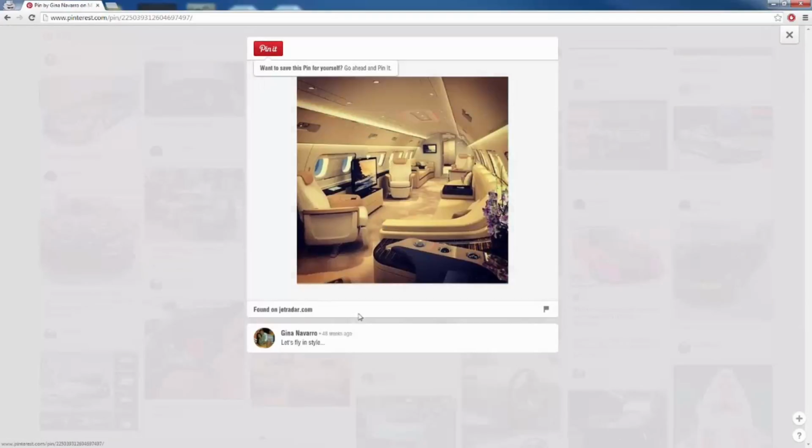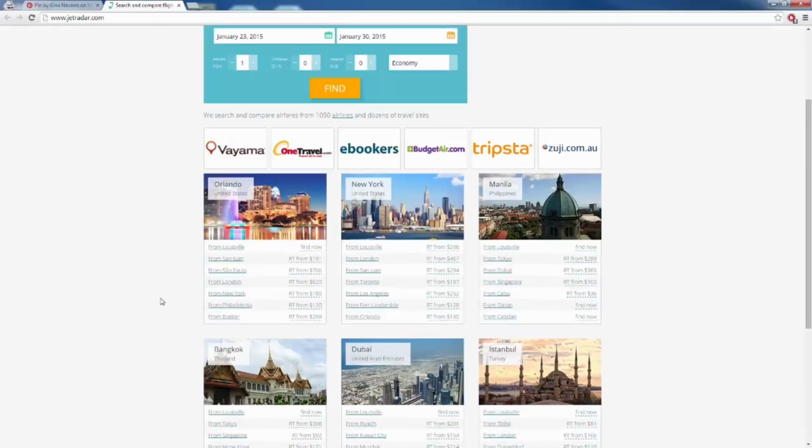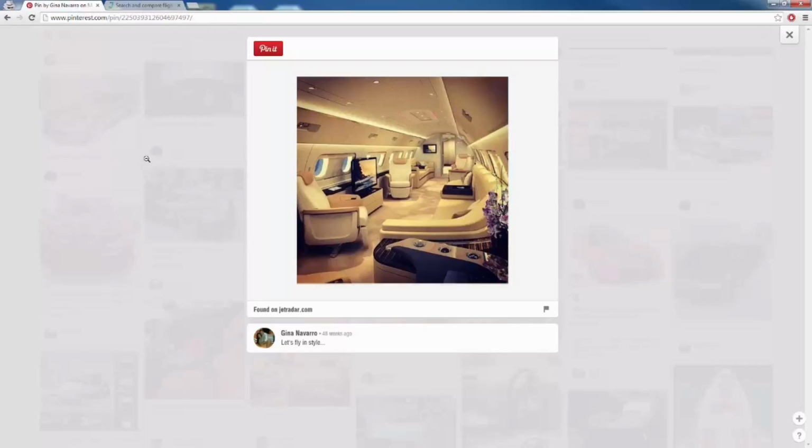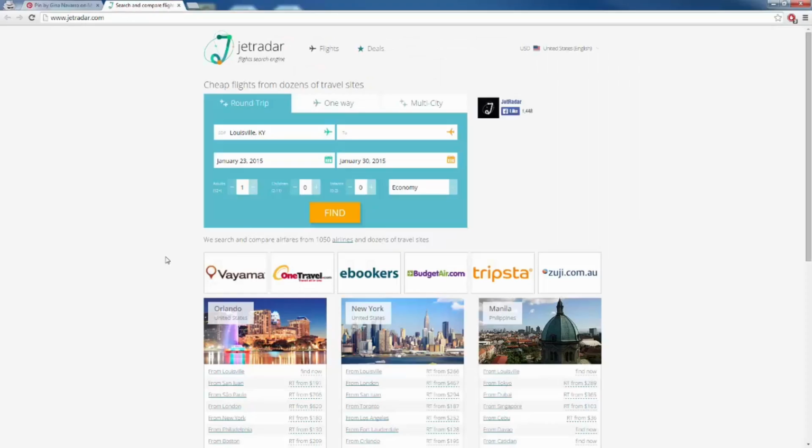And then when I actually click on the image again, it's going to redirect me to the website where that image came from. Pretty cool, right? And it actually looks like this website is using the method that I'm talking about right now, because this is a website where you book flights. So what they do is they post this cool little image here. People are going to click on it because they want to see more images like this, and it's going to redirect them to this website. And now they have Jetradar in the back of their mind when they are looking to book a flight